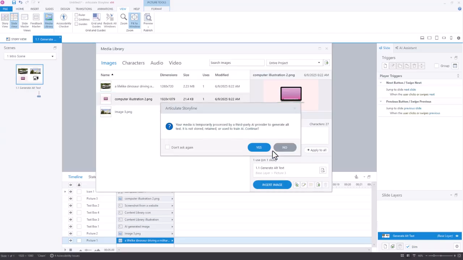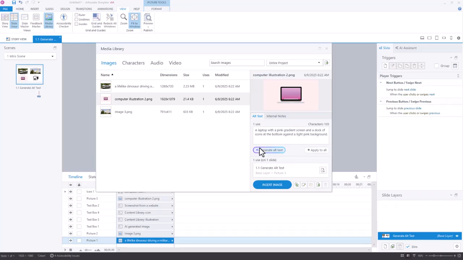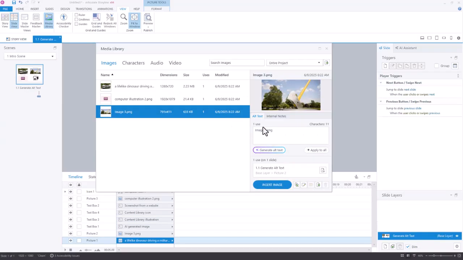If I select Generate Alt Text, I get that same message. We'll close out of that and generate the alt text for this image. As you can see, it's pretty fast. If I needed to change any of this, I can click in here and change any of the alt text that was created. If I'm happy with it, then I'll just leave it alone and move on to my next